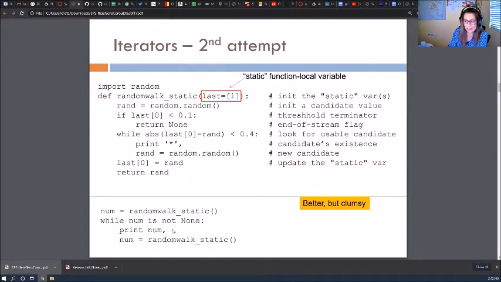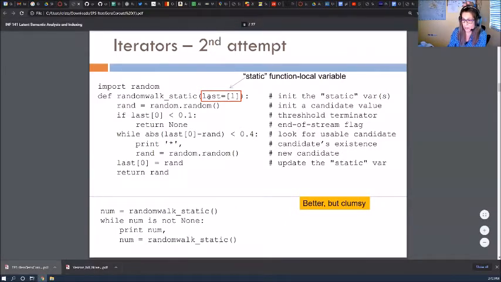And plus there's this static local variable. So the API to this function now is a little weird, because now we have to expose the state of the previous execution at the caller side. And so it's a clumsy thing. You can do this in Python, but it's not very pretty.